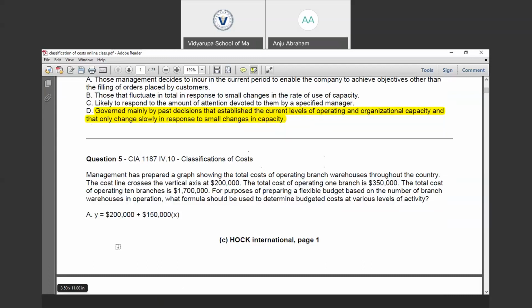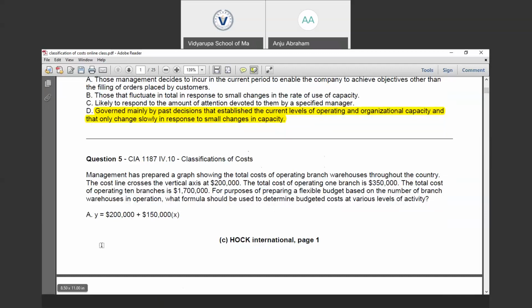We know that the cost line crosses the vertical axis at 200,000. At the vertical axis, we represent the cost, which is the fixed cost. This is the minimum amount of fixed cost, 200,000. So Y is equal to 150,000 X plus 200,000 is going to be our cost line equation.